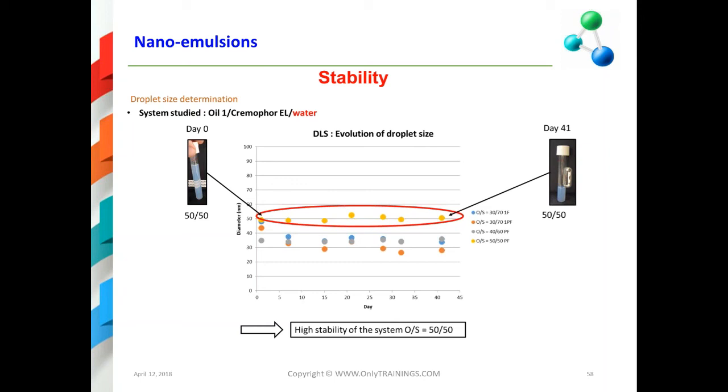Viscosity of nanoemulsions prepared by PIC is in general very low. Since they are prepared by dilution, they contain a high amount of water. Nevertheless, this viscosity can be adjusted very easily by addition of a carbomer, for example, in the continuous phase, that will increase quite a lot the viscosity of the product. So you can obtain nanoemulsions with high viscosity too. And this will allow slowing down the Ostwald ripening in the case of polydispersed nanoemulsions.